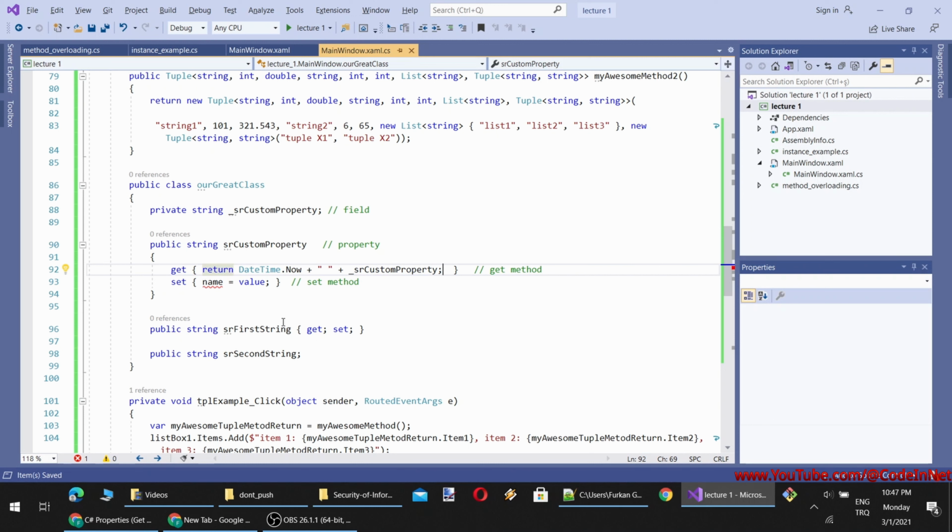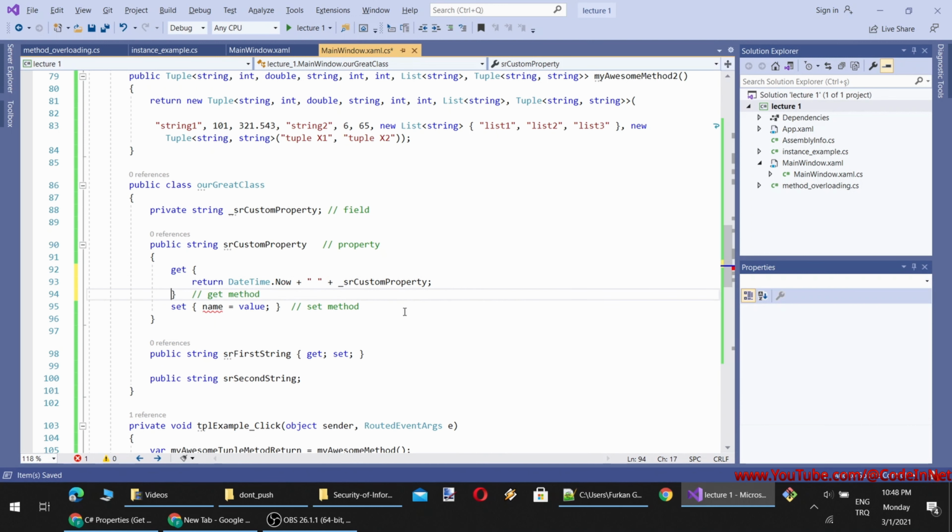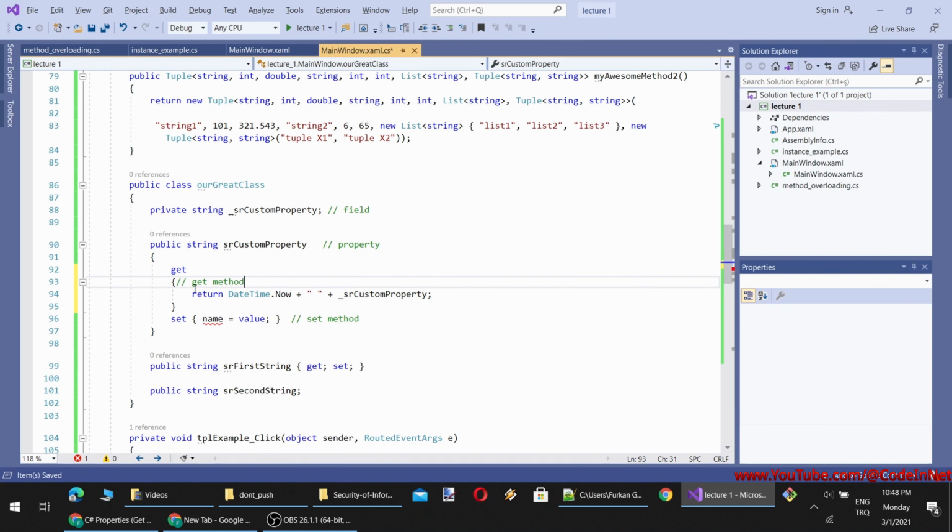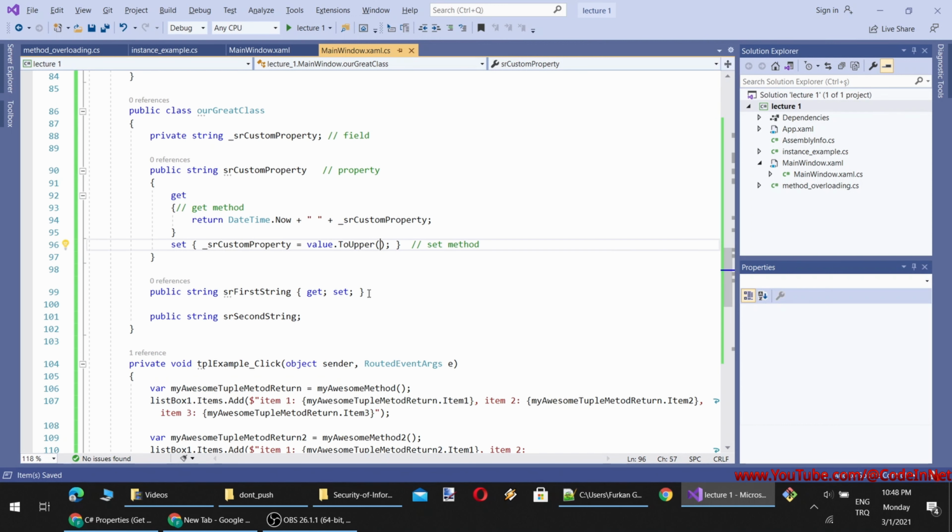And when we set the name or the property, you see this is the get. Get means that whenever you access the property, it will call this method. This is actually a method. Okay. And this is also set. Whenever you set the property, it will be set like this. I can make it equal to value, or we can make an addition to the value such as ToUpper. Okay, let's make it just upper. Okay, and I will show you the difference of get and set methods.